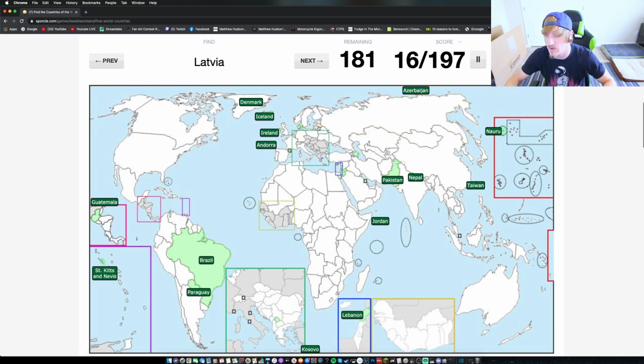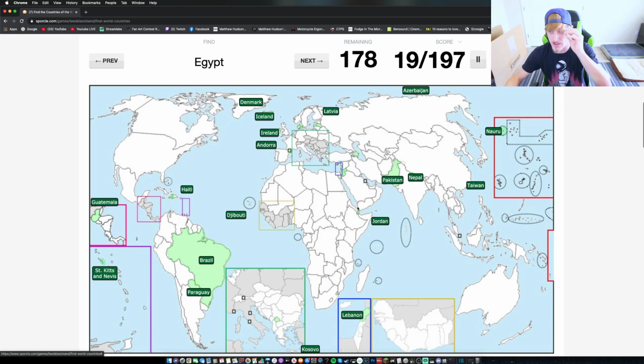Latvia, you got these three countries up here underneath Finland next to Russia. Latvia is the middle one. Estonia is up top, and Lithuania is down below. Haiti is the left side of this island here. The right side is the Dominican Republic. Djibouti is over here connecting, well, almost connecting, I don't remember if it actually connects, Africa to Yemen right there. Egypt is right up there.